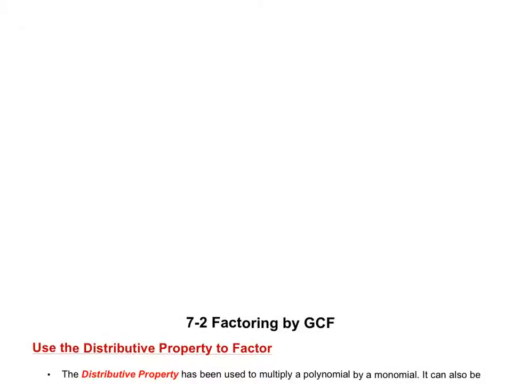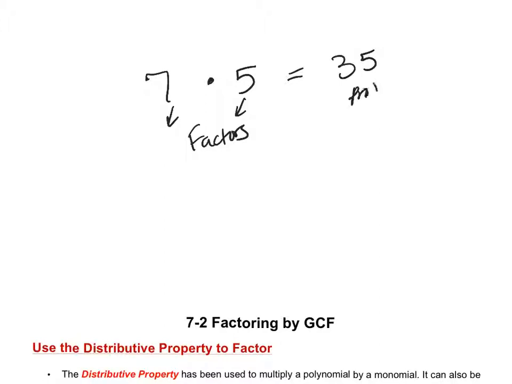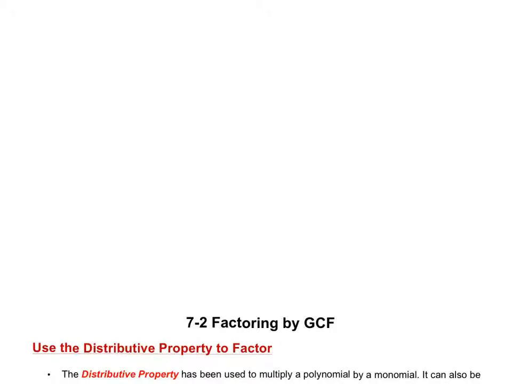So one of the things that we talked about in class was the idea that when you have numbers such as 7 and 5 and you multiply them to get 35, 7 and 5 are called factors and 35 is the product. We also talked about finding the prime factors of